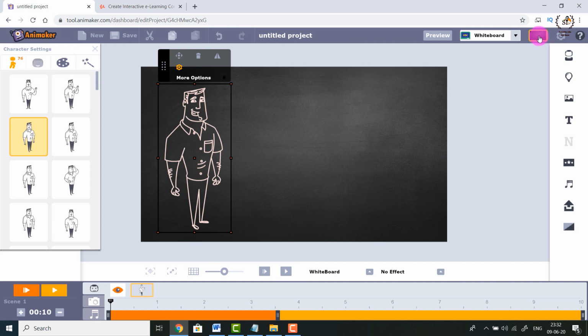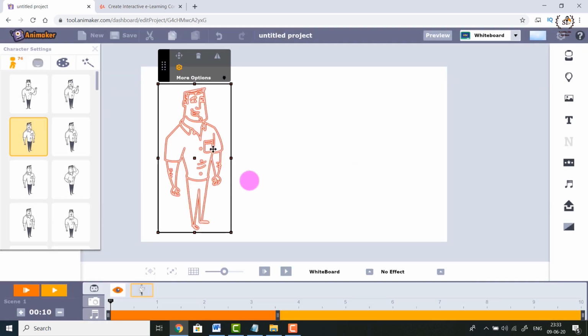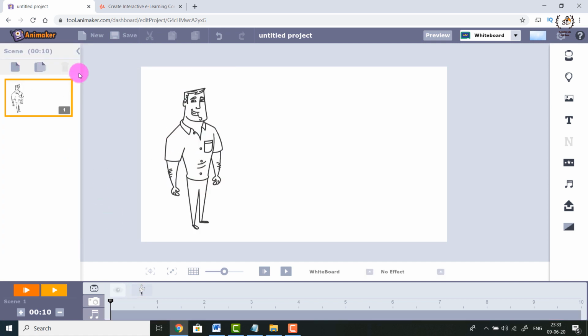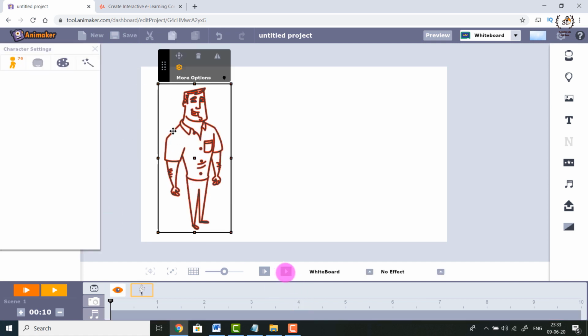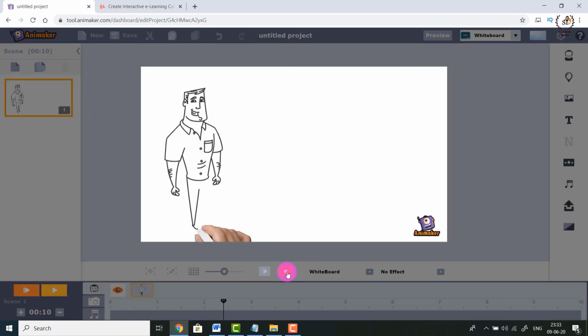If you go over here, instead of this black board, if you opt for this glass board, obviously it is glass, so the color has to be changed again. So click on it, go to the color and make it black. It will appear better. Now you can press this play button and check whether the chalk is looking good or not. No. Obviously it is illogical because you can't draw with a white chalk and the image appears as black, right?